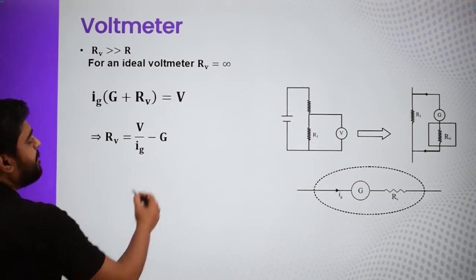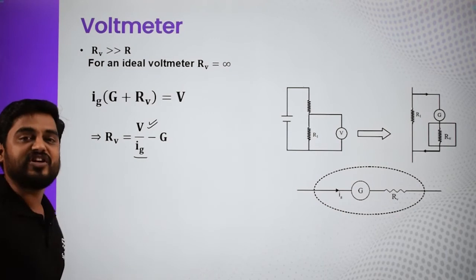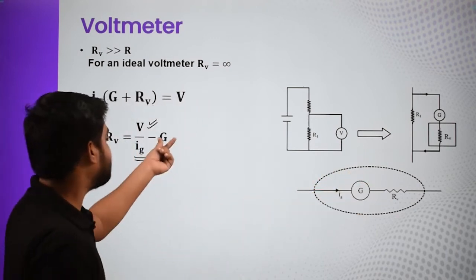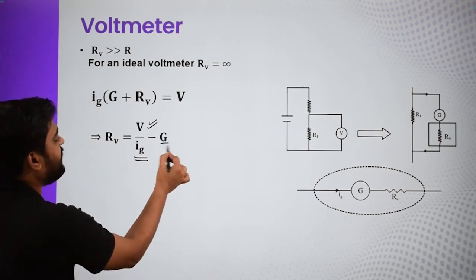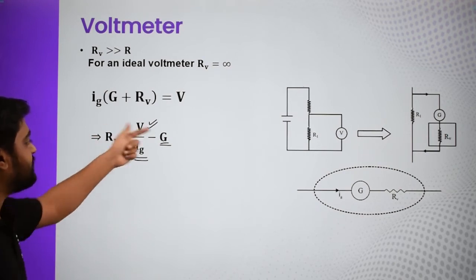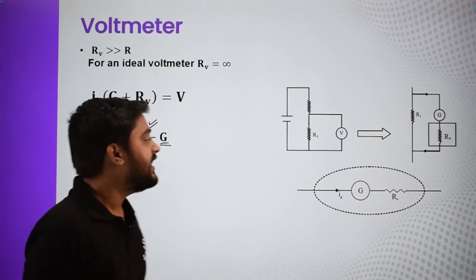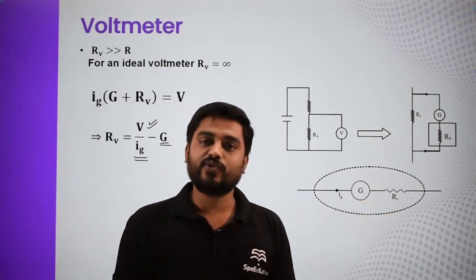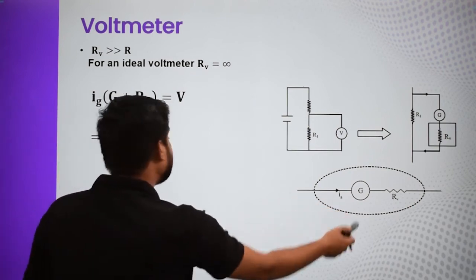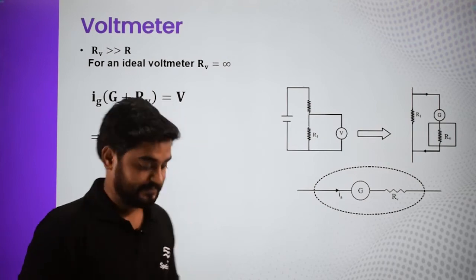So if we want maximum reading to be V volt, this is again fixed, that how much current is the maximum current which can pass through the galvanometer, and what is the resistance of galvanometer. So these two things are fixed. So if we want a particular reading, then we can choose our RV as per this formula. So it will give you how much resistance has to be connected in series with the voltmeter, so that you can get a particular maximum reading. So Ig is the maximum reading of galvanometer and V is the maximum reading of now the entire voltmeter.